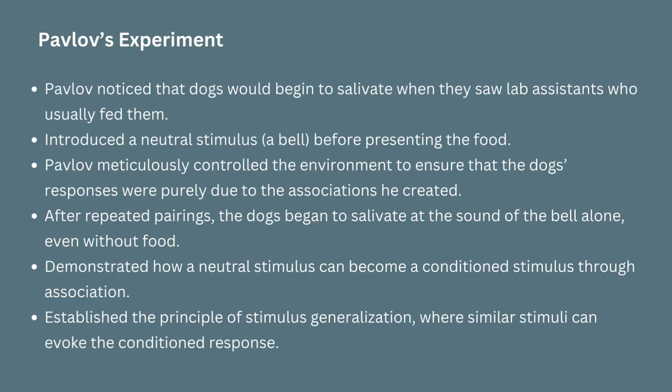He then introduced a neutral stimulus, which is a bell, before presenting the food to the dogs. Initially, the bell had no effect on the dog's salivation. Over time, Pavlov repeatedly paired the sound of the bell with the presentation of food. He carefully controlled the environment to ensure that the dogs' responses were solely due to the association he created. After several pairings, the dogs began to salivate at the sound of the bell alone, even when no food was presented. This demonstrated that the neutral stimulus, which is the bell, had become a conditioned stimulus, eliciting a conditioned response,